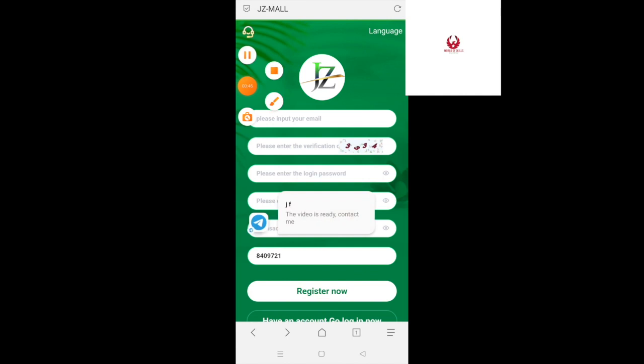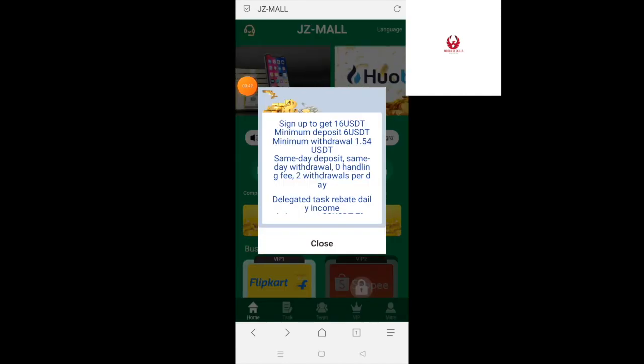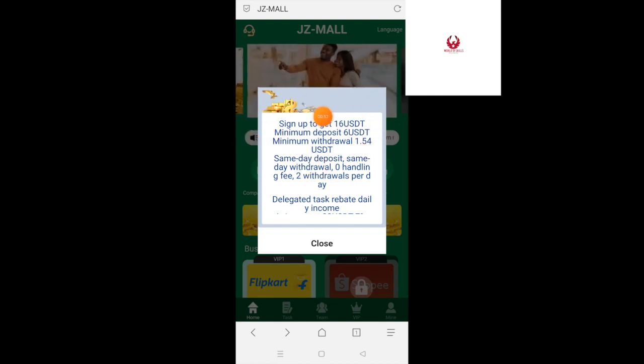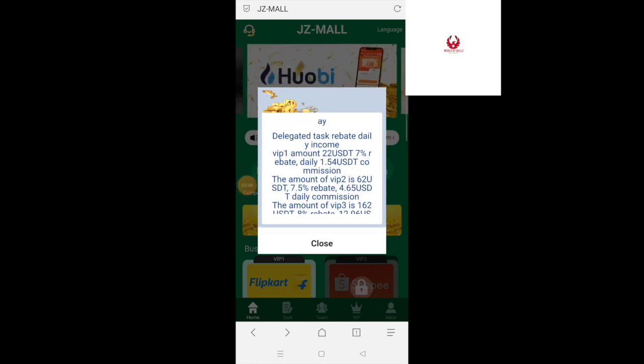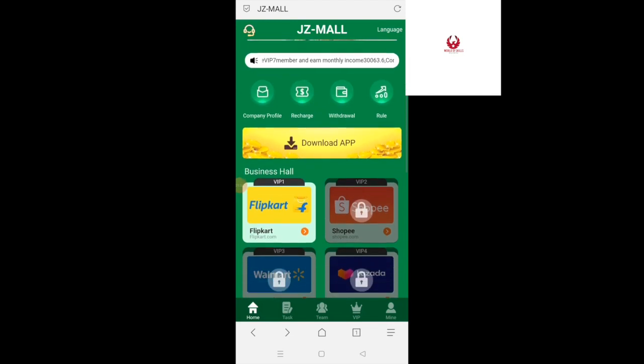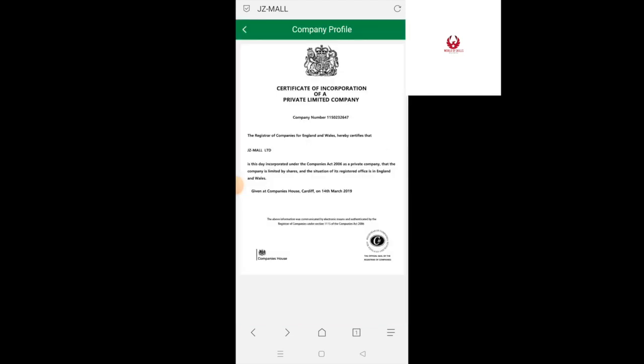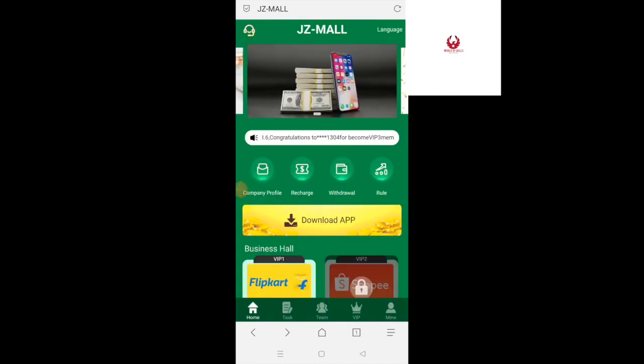So as you look at, I guess here in my account, folks, you can look at the sign up reward. Folks, you can look at the video is 1.544. Also, folks, you can look at everything that way. Here I essentially need to tell you folks the main things about this stage. Also, folks, you can look at the organization profile. Additionally, folks, you can look at the status, how the organization functions, and you can look at the certificate of incorporation of a private limited company, and yes, you can look at everything available.